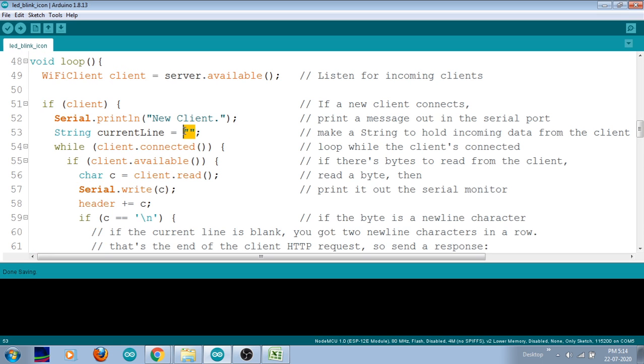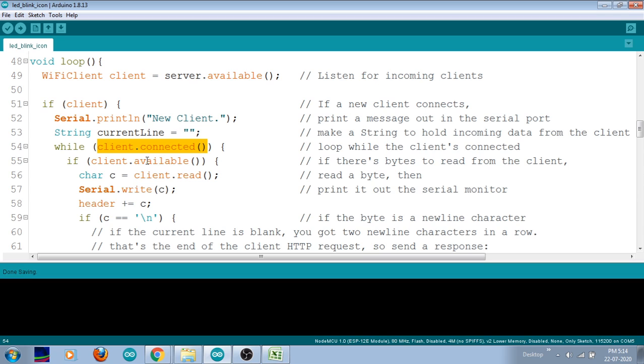So now we will be checking whether the client is connected or not. Okay, so first we are checking whether the server is available or not. Once the server is available, we have to ensure the client is properly connected. Then only we can get the communication. So for that I am putting one while loop, and inside I am checking the function client.connected. If client.connected works, then it will do all these operations. Otherwise it will come to the client.stop function and it will disconnect your client.